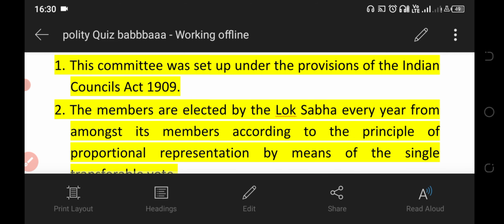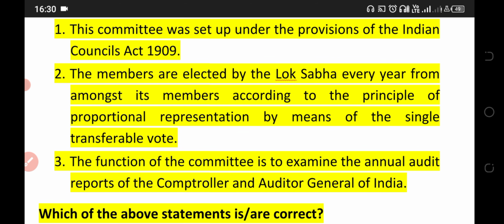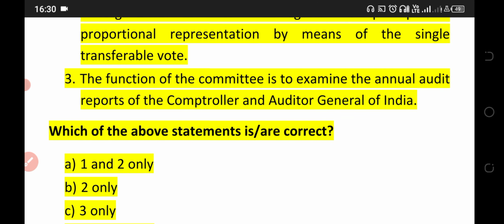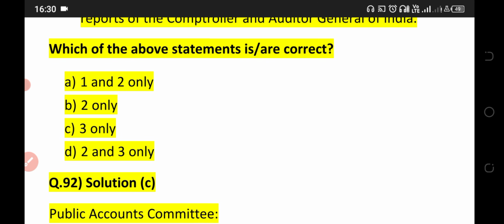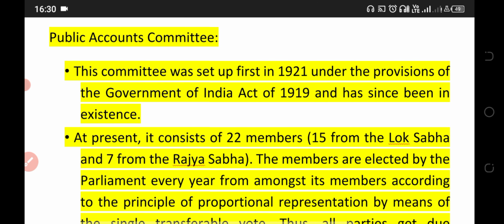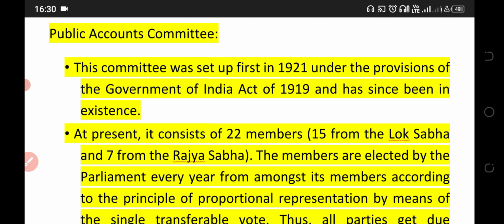पब्लिक अकाउंट कमेटी के बारे में पूछा जा रहा है। ओके, ध्यान रहे। एवरी ईयर, द फंक्शन ऑफ द कमिटी इज टू एग्जामिन द एनुअल ऑडिट रिपोर्ट ऑफ द कंप्ट्रोलर एंड ऑडिटर जनरल ऑफ इंडिया। नो अबाउट दैट। इससे पहला स्टेटमेंट ही आप छाट ही दीजिए। तीसरा स्टेटमेंट सही है। पब्लिक अकाउंट कमेटी, दिस कमिटी वाज सेट अप